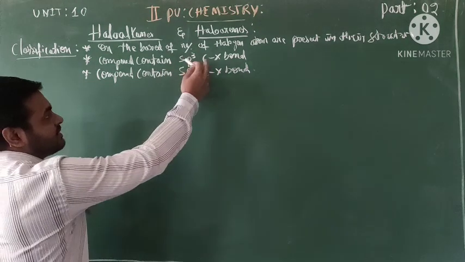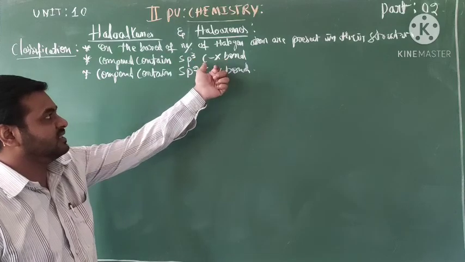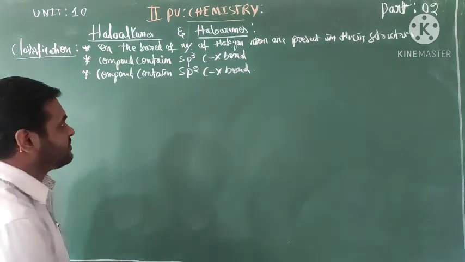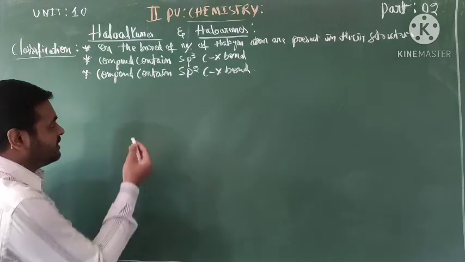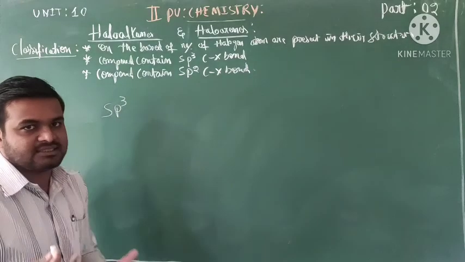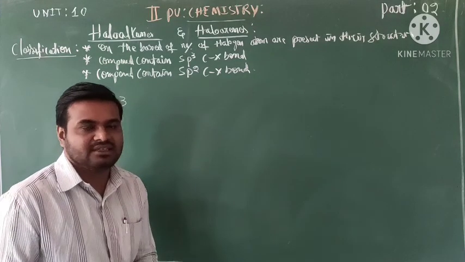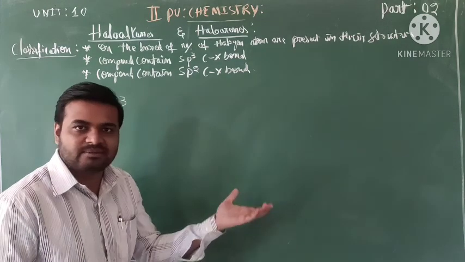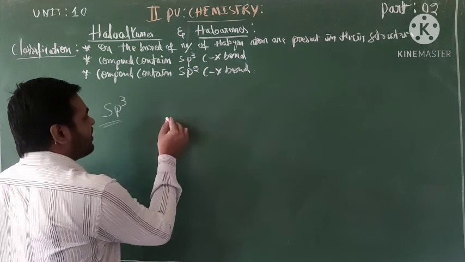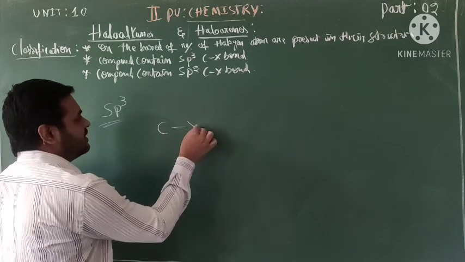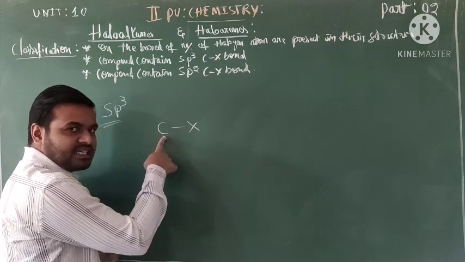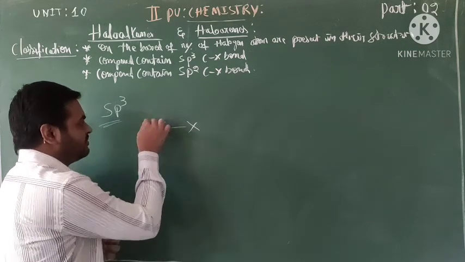Compounds containing an sp3 C-X bond, a carbon-halogen bond where the carbon is sp3 hybridized. In earlier classes we already learned well about hybridization and its types. So one of them is sp3 hybridization. Here the carbon and X is a halogen, and the halogen atom is attached to the carbon atom